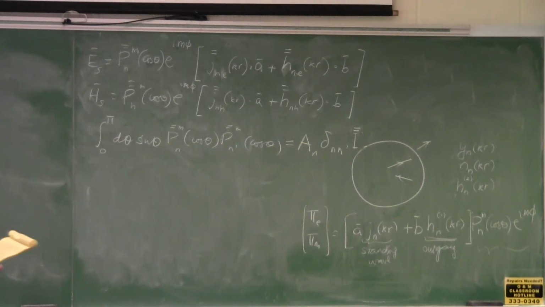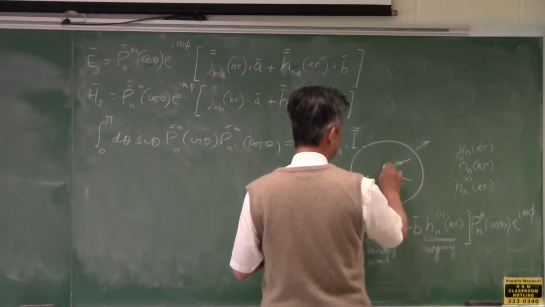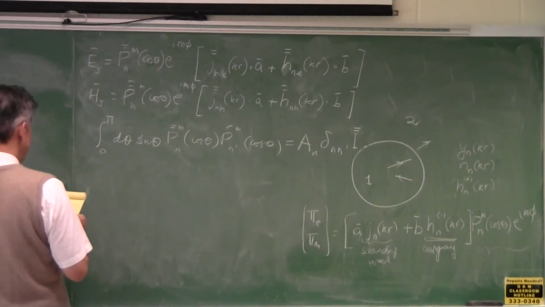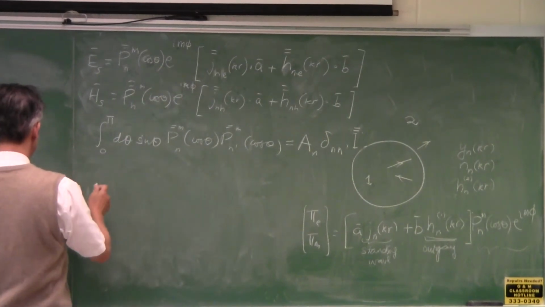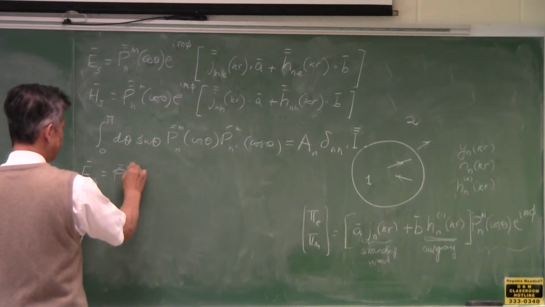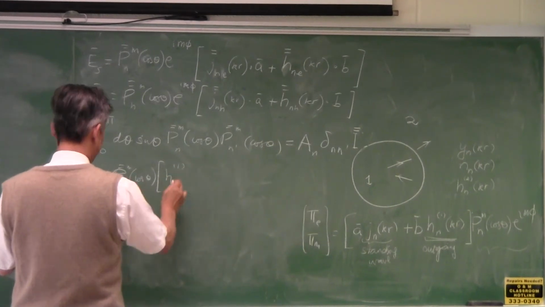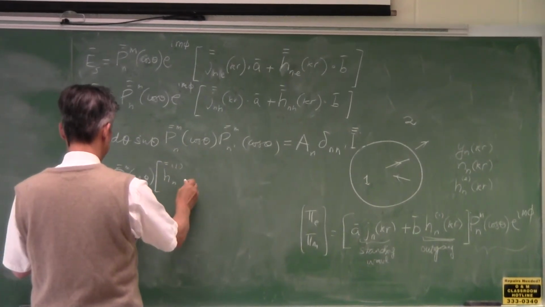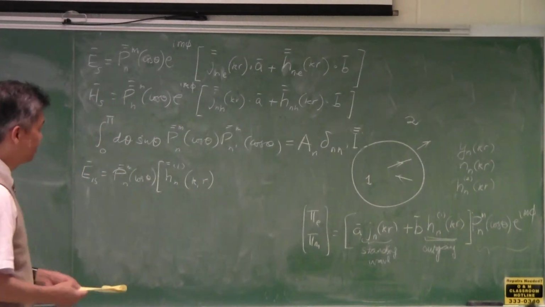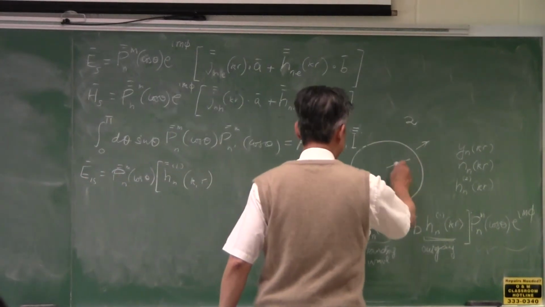So, like in region 1, say if I call this region 1 and this region 2. In region 1, I can write down the solution as, let me just ignore the phi terms, okay? E1s is equal to P and M cosine theta, Hn1, the matrix K1R. I'm writing down an outgoing wave in region 1, so this corresponds to this wave that is outgoing,